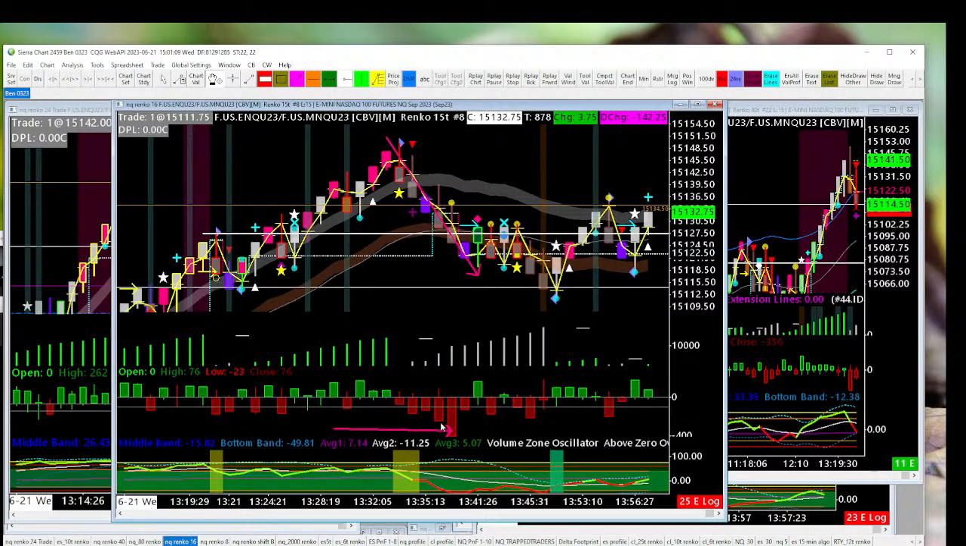Someone, what is it called? Taking liquidity right off the book by market ordering to the sell side. So it's showing here